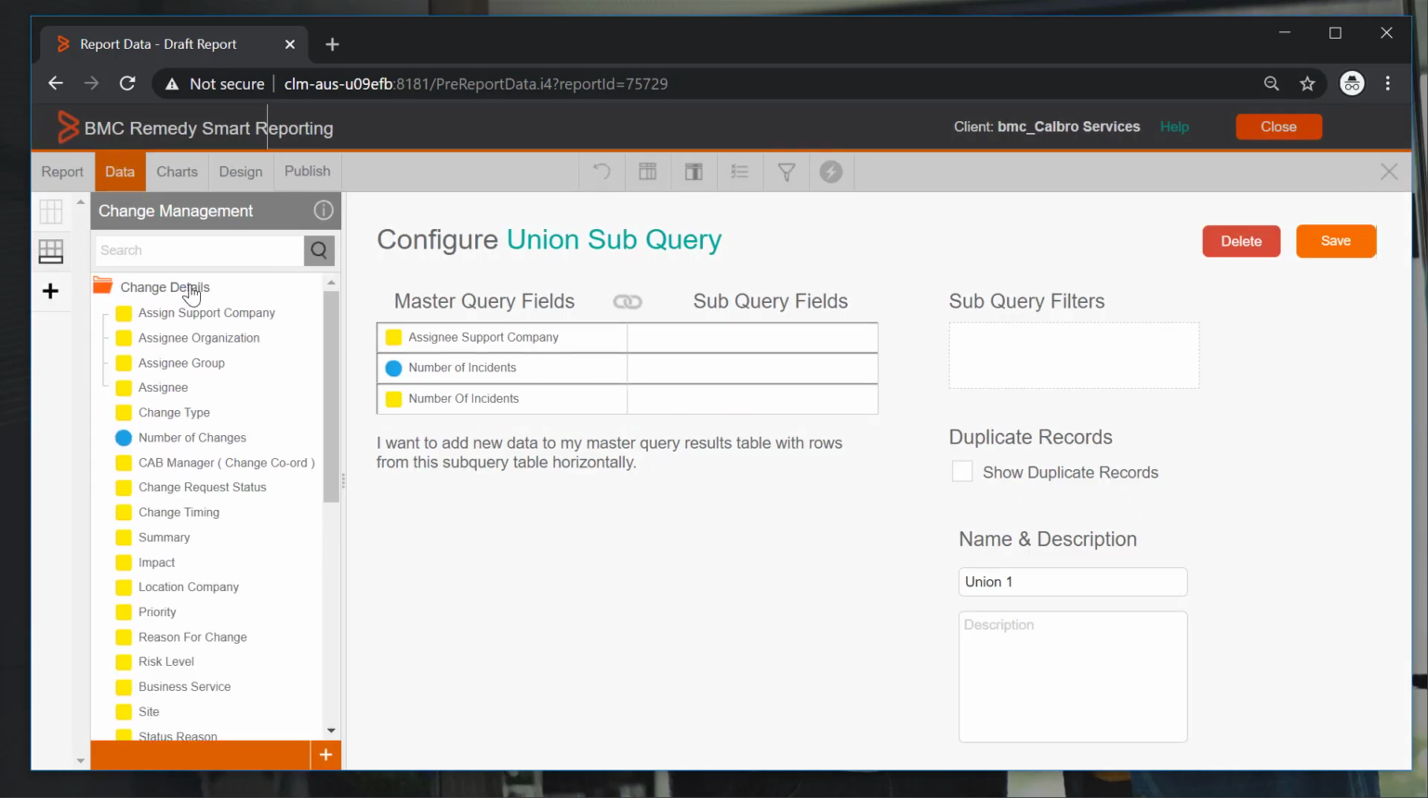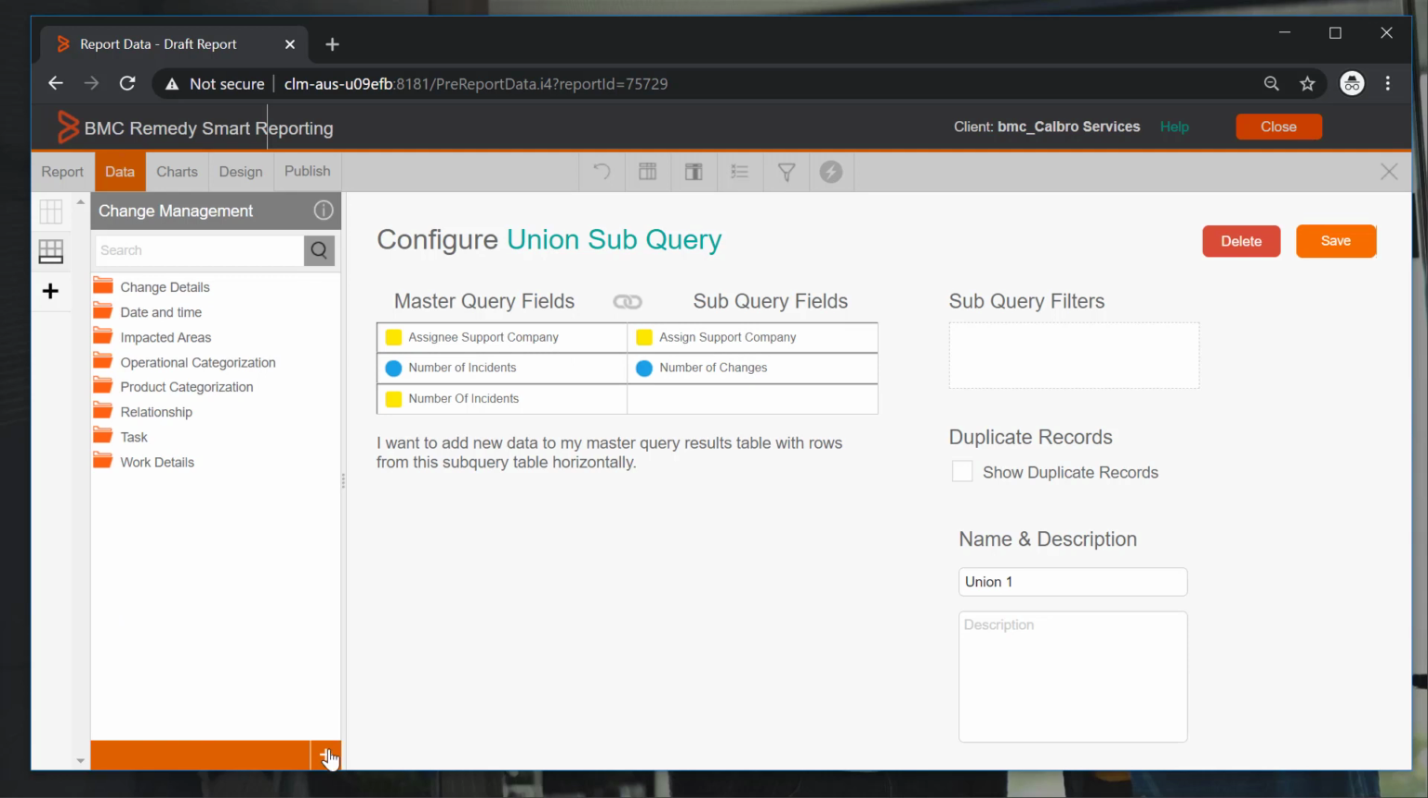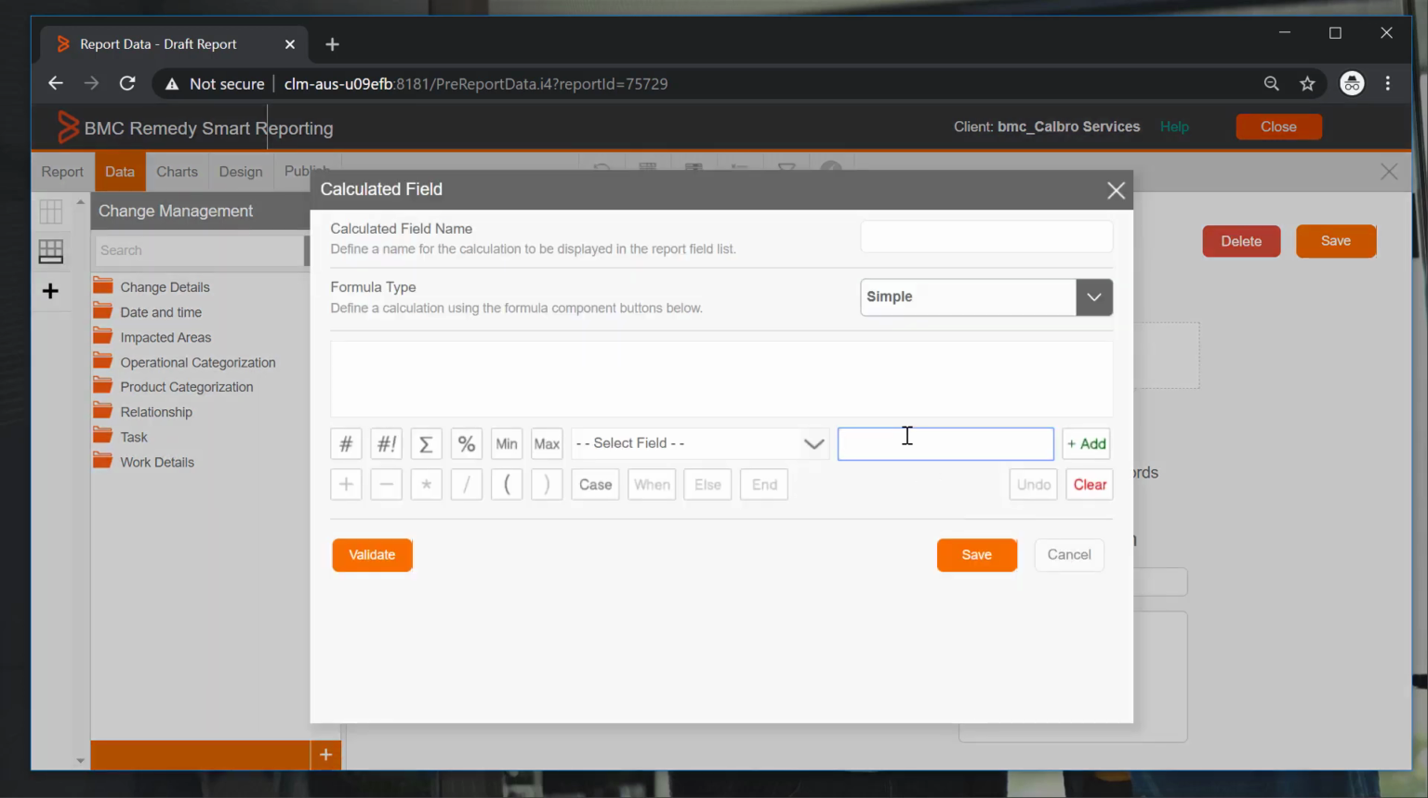Now we'll join the assigned support company. So here we need to join the fields from the master query to the fields of the subquery. So I'm joining the fields assigned support company to the assigned support company and number of incidents to number of changes, and here I'll create another label called number of changes,